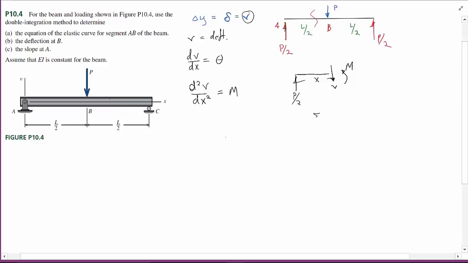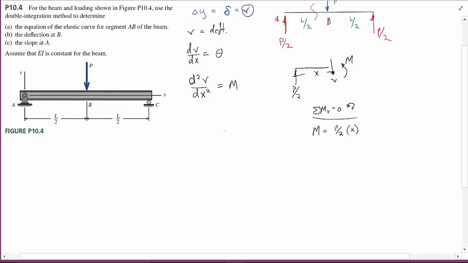So summing the moments about our cut point equaling 0, identify the positive direction, and then we get our moment to equal P over 2 multiplied by x. This is my moment equation. So now with my moment, what we can do is identify what my slope is, and then what my deflection is, just by integrating this equation. So if we integrate both sides,